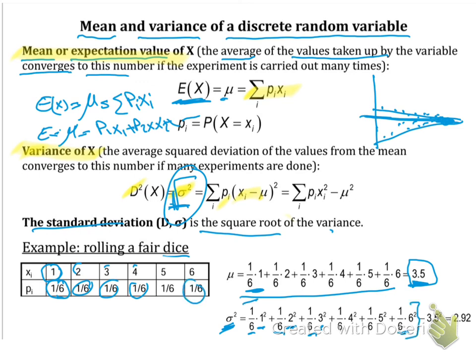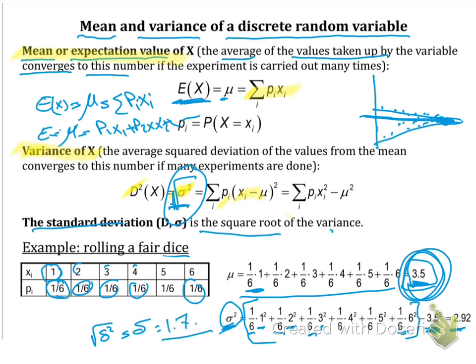Then after getting all the results, minus mu square. In this case mu, the average, was 3.5, so minus 3.5 square. This is the variance, not the standard deviation. If you want the standard deviation, we have to take the square root of sigma square and we get sigma, which will be